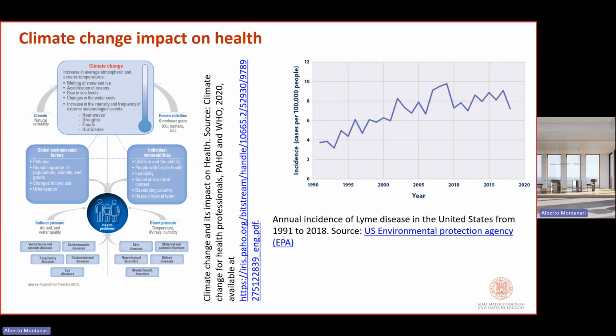Just let's have a look, and then we start again next week from this. The annual incidence of Lyme disease in the United States from 1991 to 2018. And you see several graphs of this type. Lyme disease, as I told you before, is considered to be indeed severely impacted by the climate change, and in particular by the increase in temperature, which means that the life cycle of the ticks is expanded, which means that we are more exposed, and therefore we have to